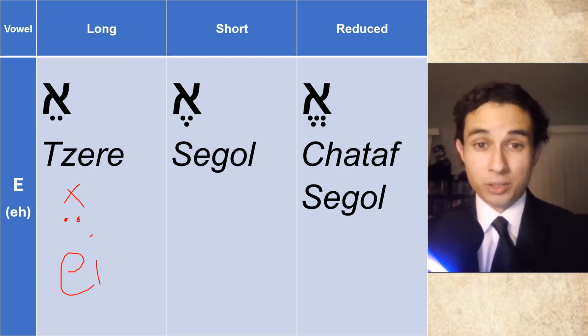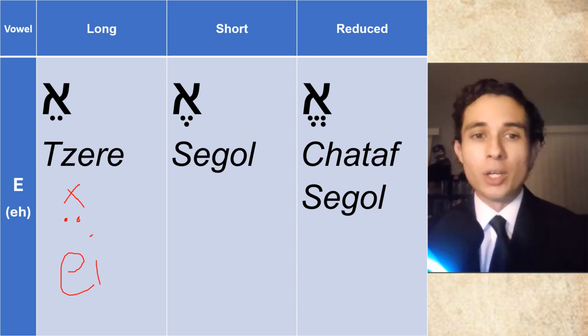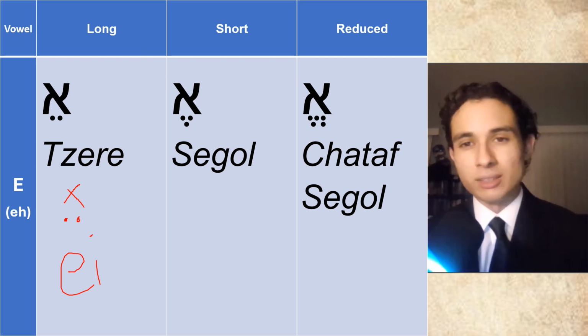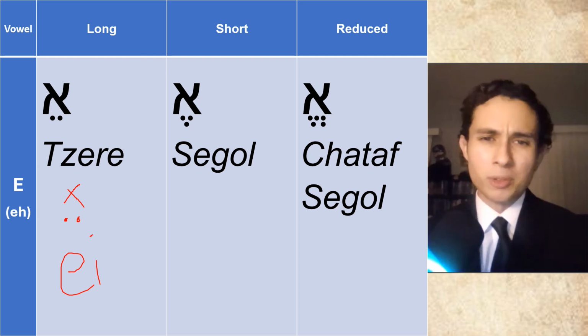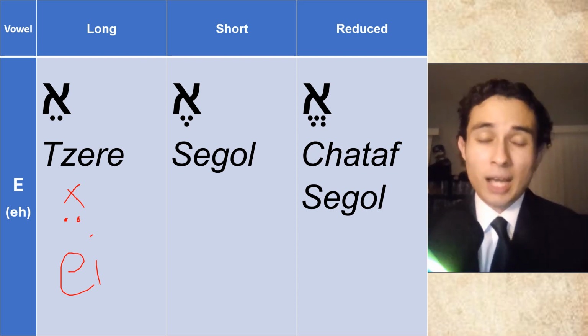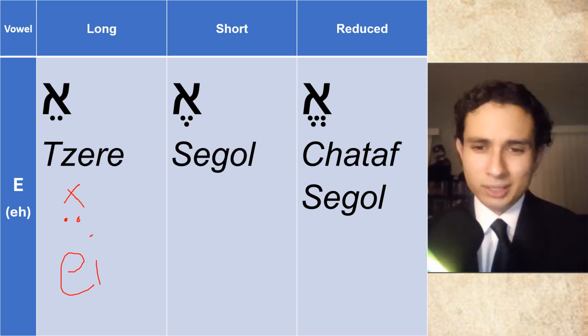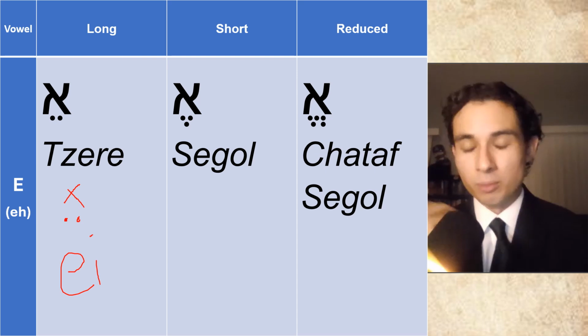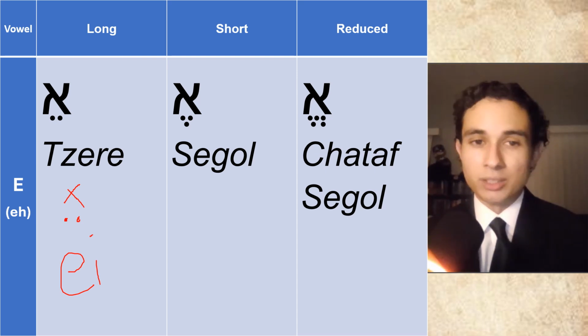So it really depends on who you're talking to and what sources you read the most. But if you are more familiar with the Ashkenazi or the English side of Jewish literature and culture, you'll want to try getting it down as an EI, as an A sound. But if you're more on the Sephardic or the Spanish side, like, for example, I've told my Spanish-speaking community to just treat it as a simple E. They're never going to need the A sound. Sephardic Spanish communities or people of that background just want to pronounce it as E.